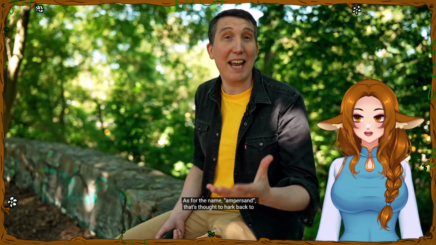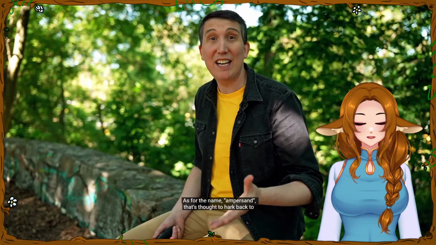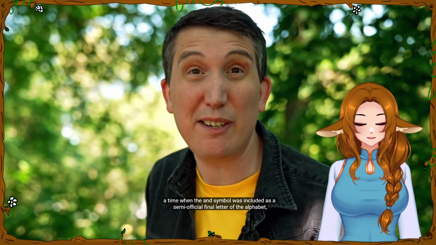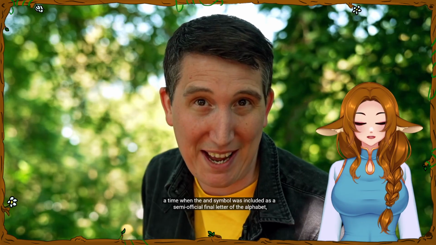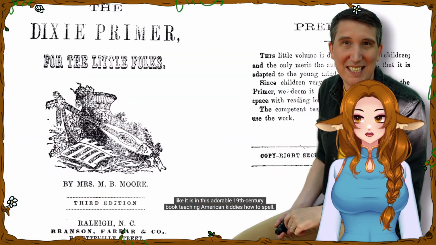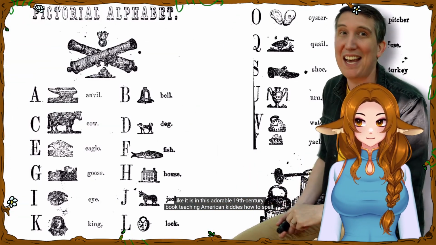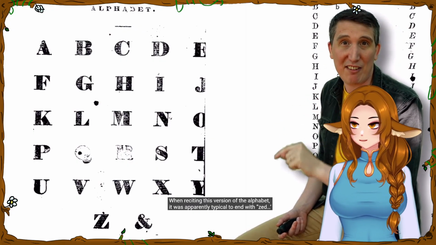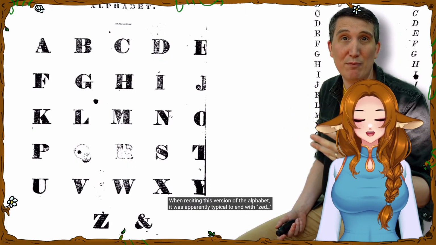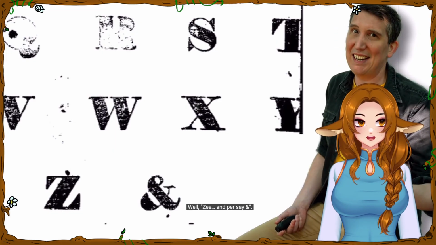As for the name ampersand, well, that's thought to hark back to a time when the and symbol was included as a sort of semi-official final letter of the alphabet, as it is in this adorable 19th century book teaching American kiddies how to spell. When reciting this version of the alphabet, after Z it was apparently typical to end with: that is Z, and